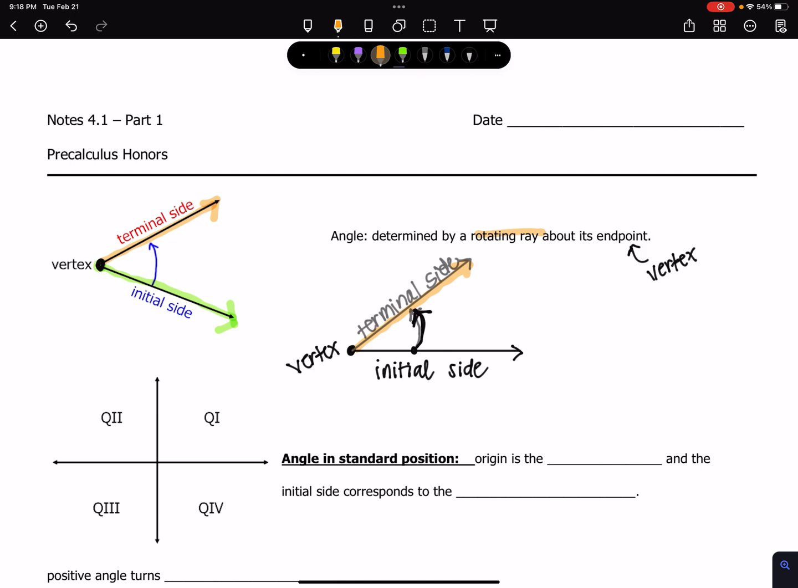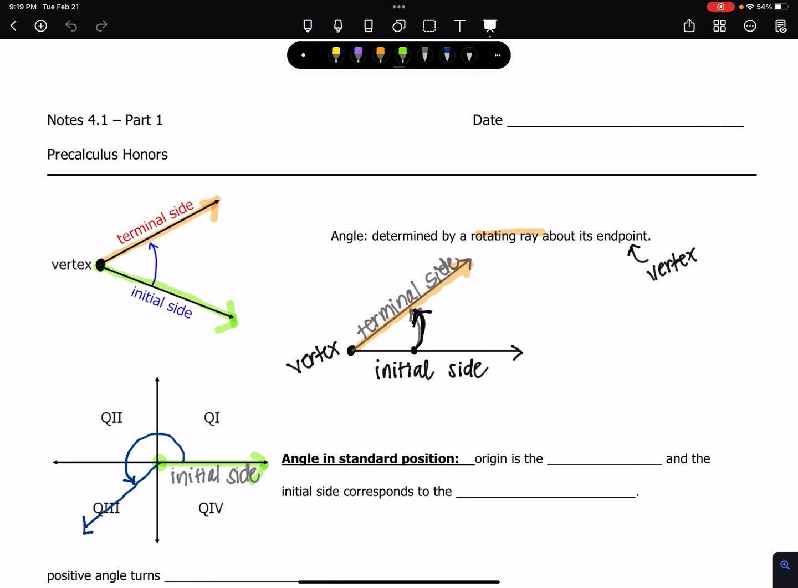So in standard position, we're going to take that initial side and we're always going to have it start on the positive x-axis. So that's going to be our initial side right here. And you can see that on the coordinate plane, I've labeled my quadrants, quadrant 1, 2, 3, and 4, just like we do in algebra. So we've got our initial side, and we're going to rotate counterclockwise until our terminal side ends. So if our terminal side were to end right there,